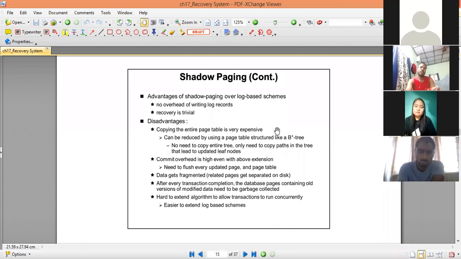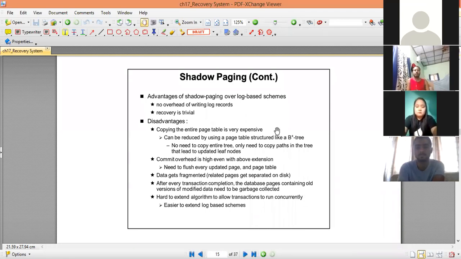Both policies, the log-based mechanism and the shadow paging mechanism, have some advantages and some disadvantages. The disadvantages of the log-based policy were that it involves a lot of undoing and redoing operations.